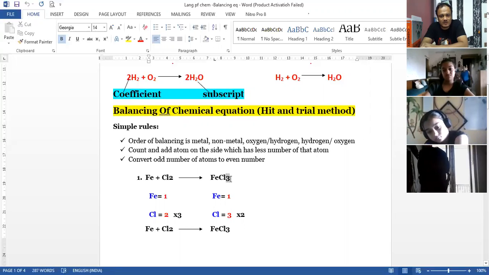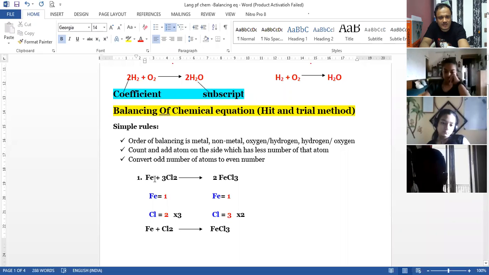As I told you, you cannot make any changes over here. So what I have to do is put a 2 over here. We multiply this 2 and 3, it forms 6. Similarly, to make this chlorine on the left hand side, which is just 2, I'll put a 3 over here. So this 3 into 2 gives you a 6. To balance iron, we put 2 over here. Now on the left hand side, I have 2 iron, and I have 2 iron on the right hand side also. I have 3 2s are 6 chlorine on the left hand side, and 2 3s are 6 chlorine on the right hand side.